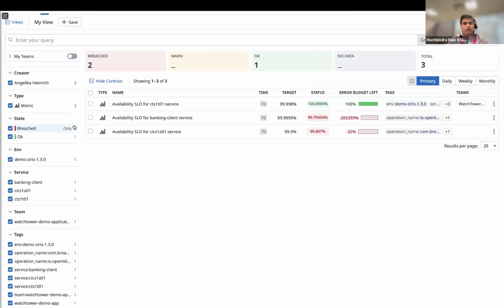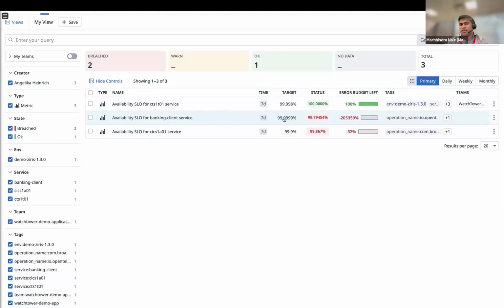So I have defined some SLO level alerts here for my service. For the sake of the audience who are not familiar with this term, let me explain a little bit. SLOs are service level objectives. Those are the target reliability goals you commit to users. For example, in this case, my goal is 99.99%. So that's my target.